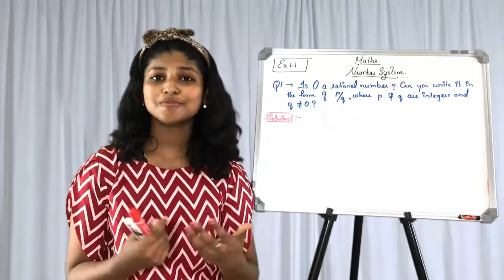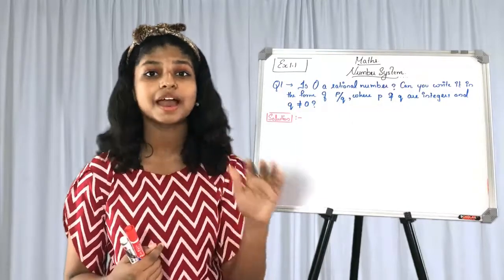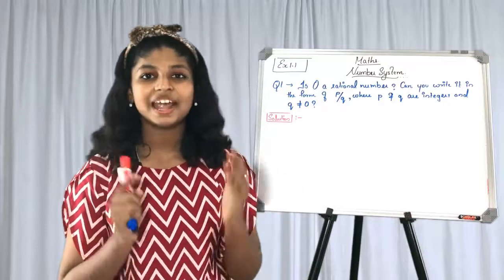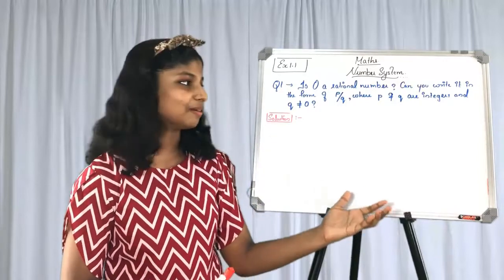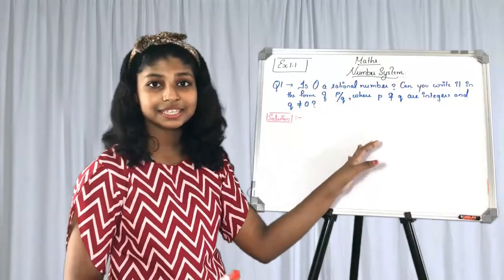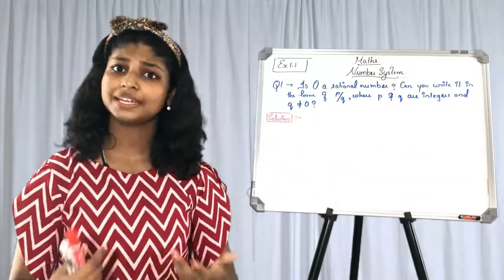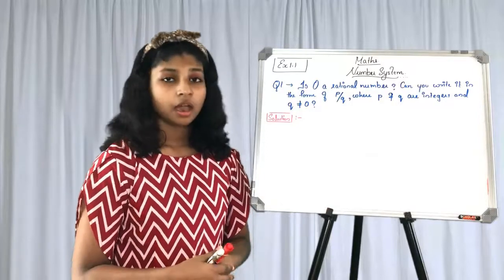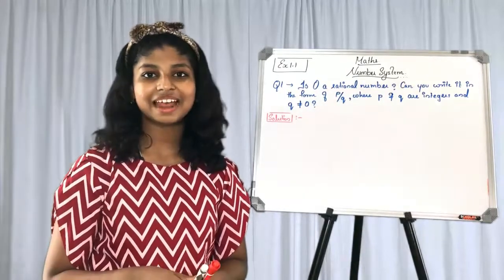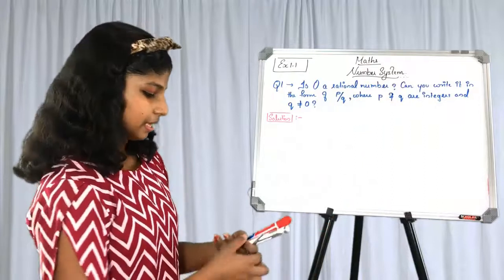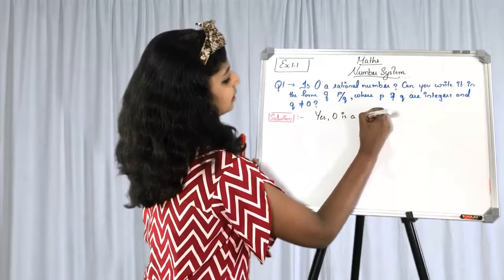So, what do you mean by rational numbers? Rational numbers means the numbers which are in the form of p by q, where p and q are integers and q is not equal to 0. So that is a rational number. And here the question is: is 0 a rational number, and can you write it in the form of p by q? Of course 0 is a rational number, and we can write it in this form. So here, yes, 0 is a rational number,